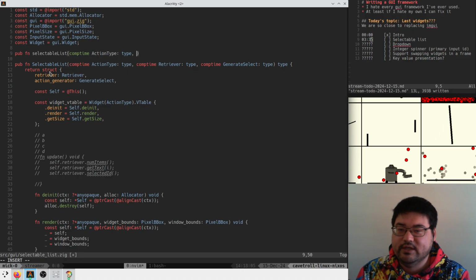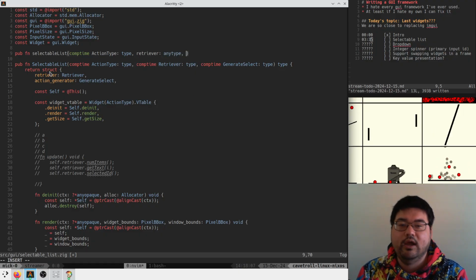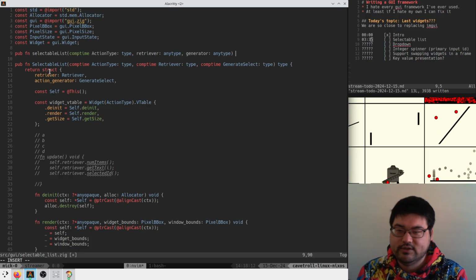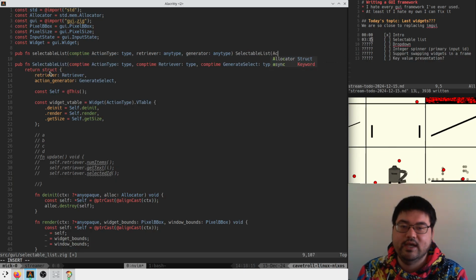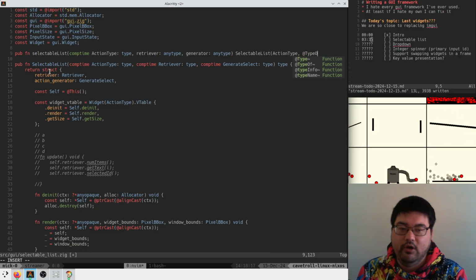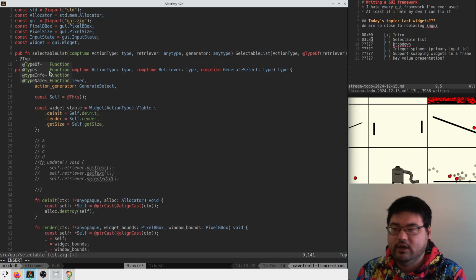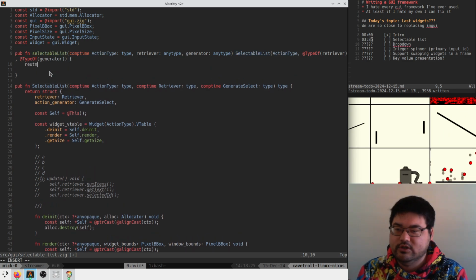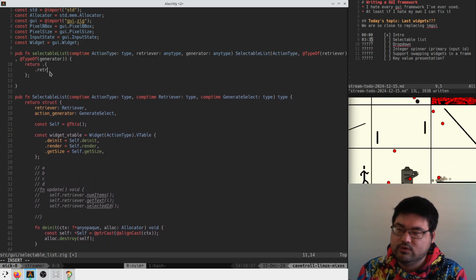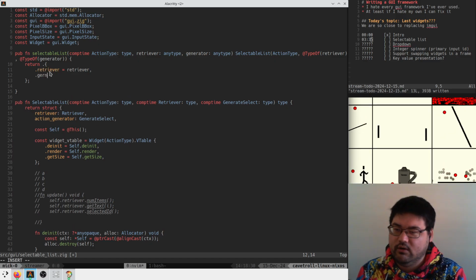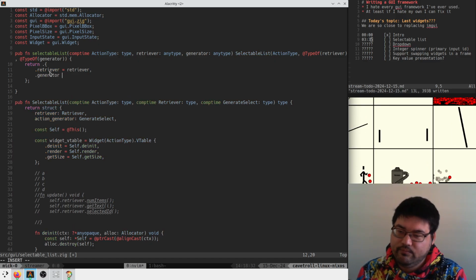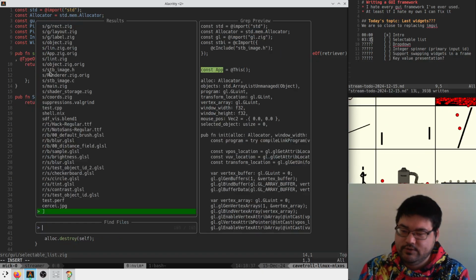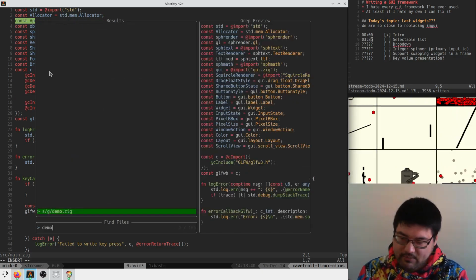He's also going to have to pass in the retriever and the generator, right? And he's going to return a selectable list that has action type, type of retriever, and type of generator. Okay. And this is literally just retriever, zero retriever, and generator, zero generator. All right. So now in the demo app, let's